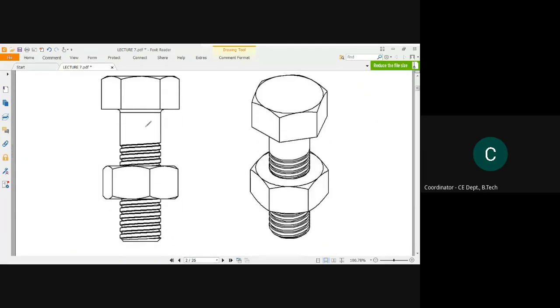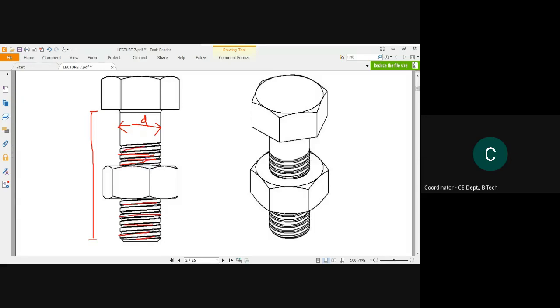This is a typical diagram of a bolt, right? So the nominal diameter will be that part. This is small d. This is the total shank part, right? But in the case of a rivet connection there is no threaded part, whereas in the case of a bolt connection, there is a threaded part.